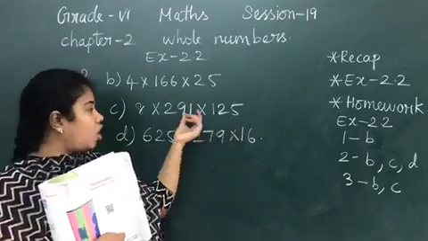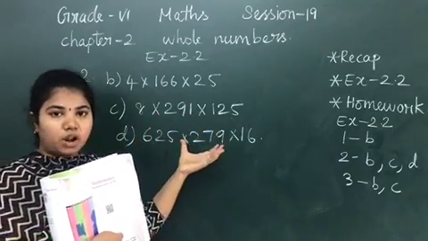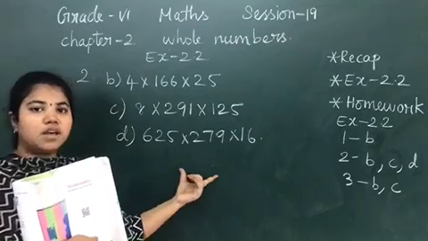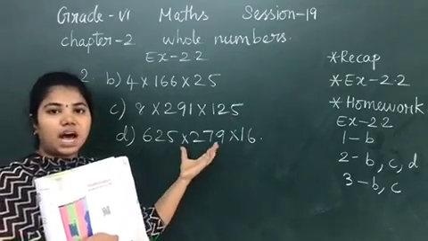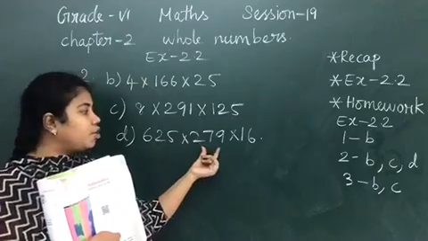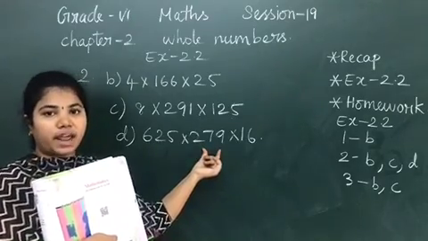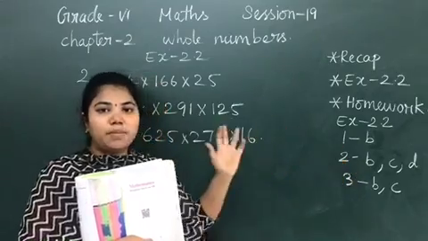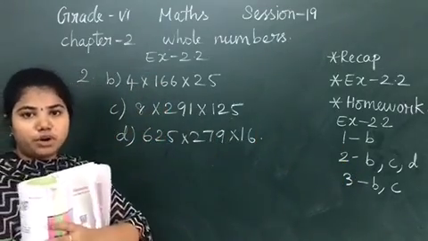5 multiple along with a 1-digit number, you will get some 0 numbers. 5 multiple along with a 2-digit number, you will get some 0 numbers, so that you can multiply easily with the other number. So this into this, that product you are going to multiply with the 279. So second question, subdivisions B, C and D will be your homework. Can you understand? Will you do it at home?